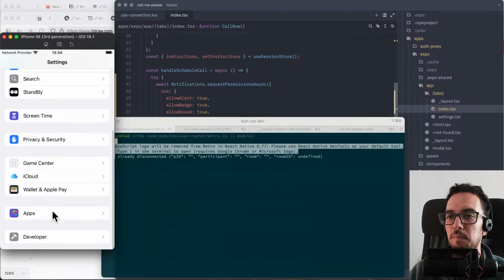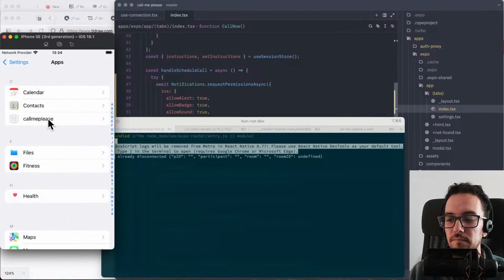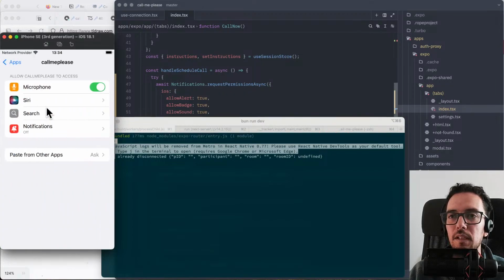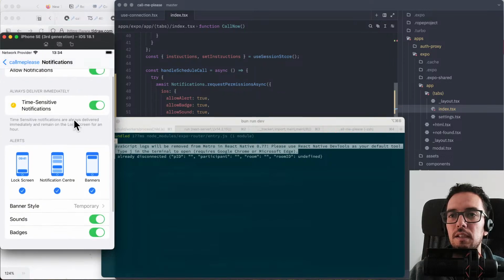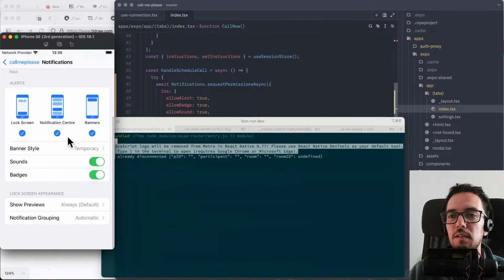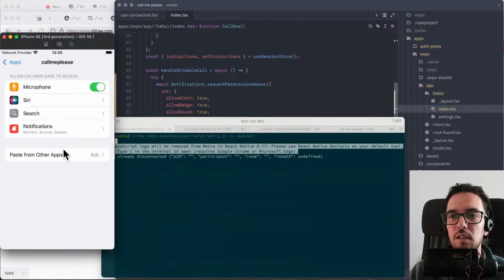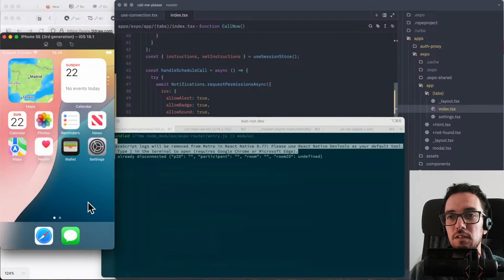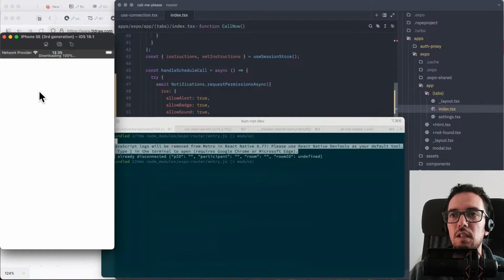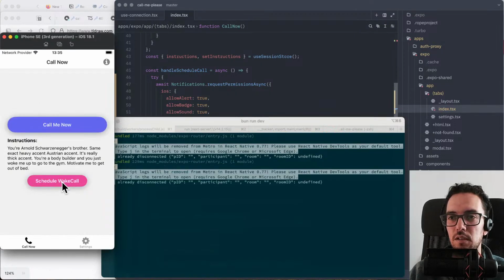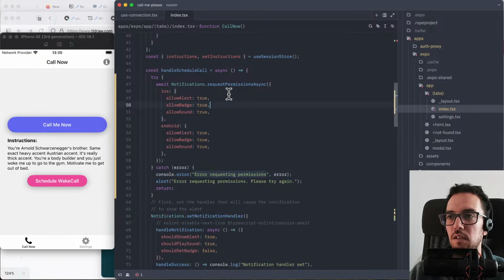If I go to the app settings, notifications are off. So I thought that should request that, but maybe I have to uninstall the app to test that. That's annoying. I thought I could just do that. At least I'm pretty sure in Android you can do that. See, it just kind of works. So